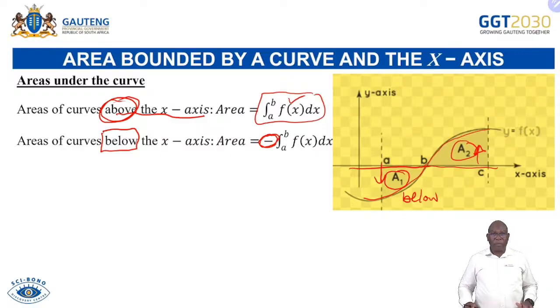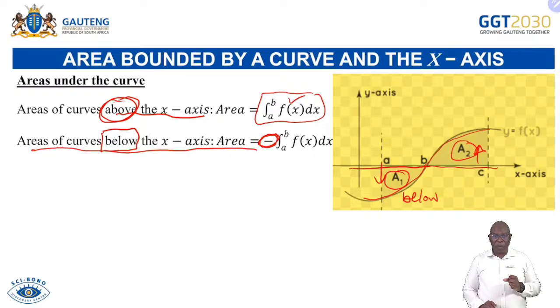I know some of you have been taught that if you get a negative when you're dealing with this section, you must just put it as a positive. Then you ask yourself, why so? It is because of that negative there from this statement. From that statement, we're saying the area below must be indicated with a negative. So that's why we're going to have a negative. Right. So now, let's look at